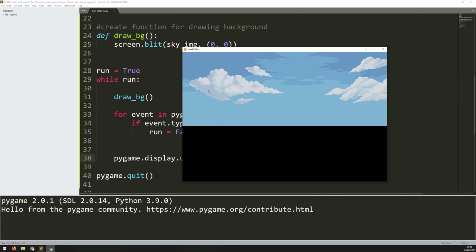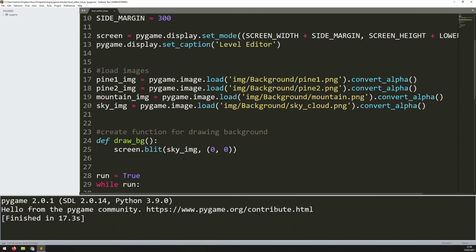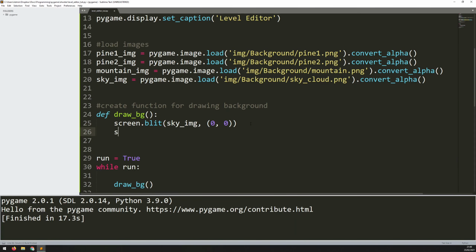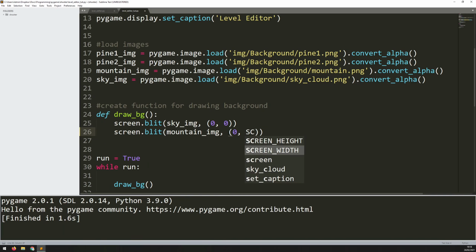Now that I've got my sky image, I can put the mountain over it. I'll come back up to my draw background, and the next one is going to be again screen.blit, but this time it's mountain image. Now the coordinates can't be exactly the same as the sky, so I still wanted to start on the left hand side of the screen. So the x coordinate is 0, but for the y coordinate, I'm going to actually start counting from the bottom of the screen. So that means I need to take the screen height, which is as big as my screen is,